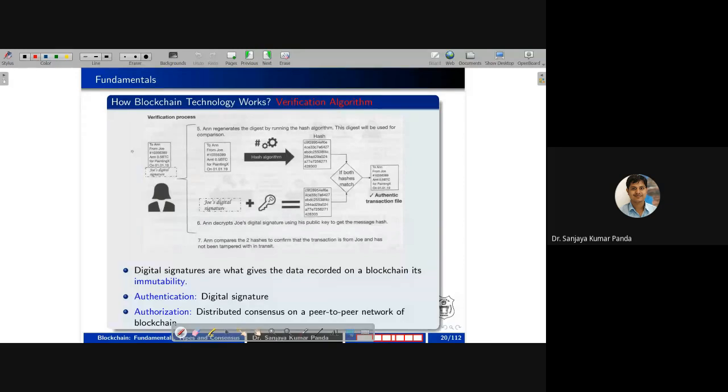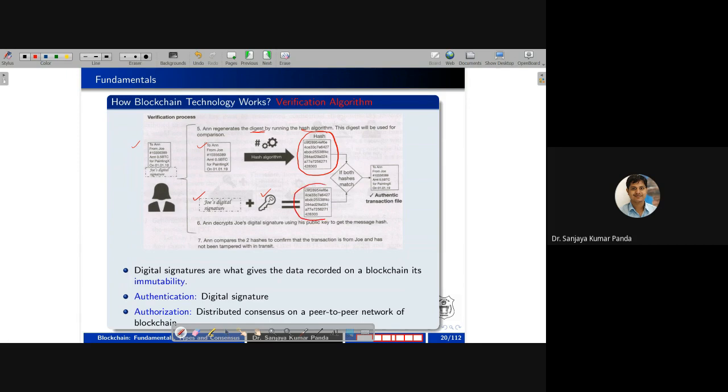So N receives this particular message, that is the transaction file as well as Joy's digital signature. So N can generate the digest, which we also call the message digest, by running the hash algorithm. So one part is completed, right? This hash is generated by using the transaction file and hash algorithm. The digest will be used for comparison. So what will it do for the comparison? It will take Joy's digital signature and decrypt it using his public key to get